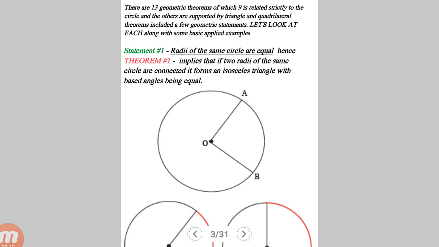And of course, this is a follow-up video to my part 1 introduction to circle theorems or circle geometry. If you haven't watched that as yet, it was merely an introduction to the different lines that are affiliated with the circle and so forth. Now in this video, I'm going to be looking at,